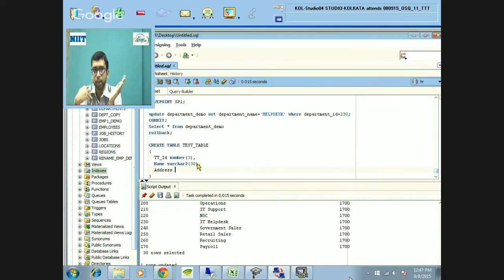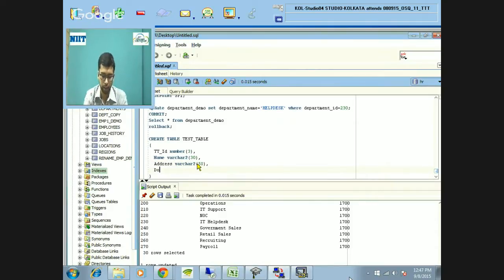Apart from that, in general, tables will be created using these data types that we are going to use right now in this table. So address will be again varchar. Say, let it be 50 characters long, and then say I am writing date of joining, which is date, and